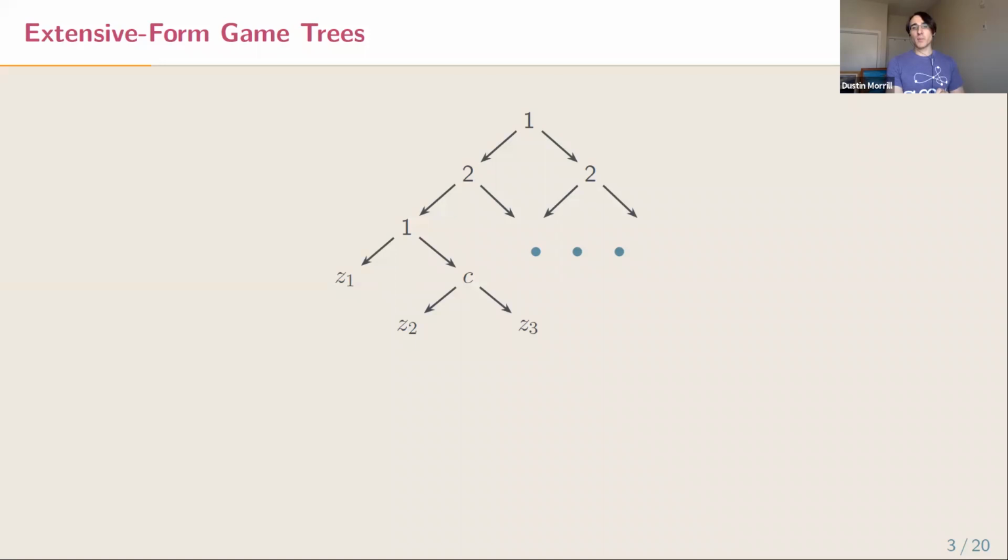Now, we want to be able to represent games where players may not observe every action that every other player does. So to do this, we introduce the idea of information sets. This is where we group histories together, and players are only able to act knowing that they're in a particular information set, not knowing that they're in any given history. So the way I've drawn it here, we've grouped together the two histories where player 2 acts. So they don't get to observe whether or not player 1 chose left or right at the beginning of the game. Effectively, player 1 and player 2 in this game act simultaneously at the beginning of the game.